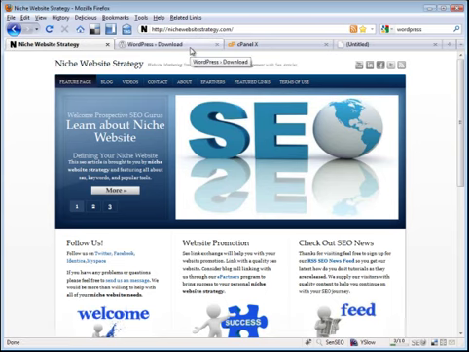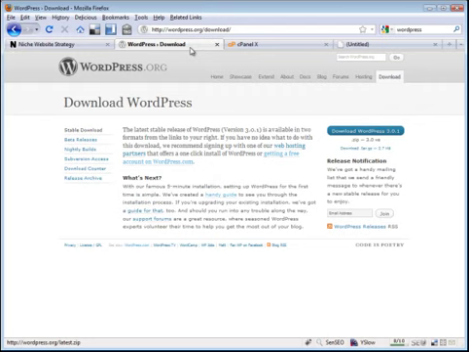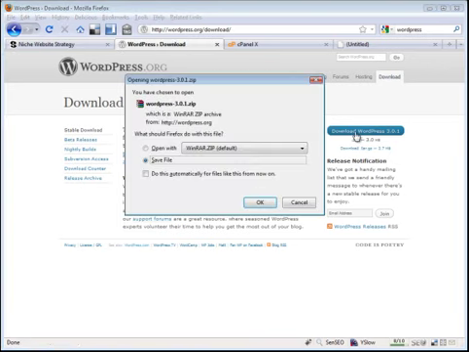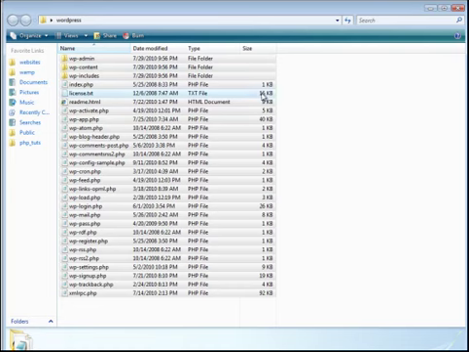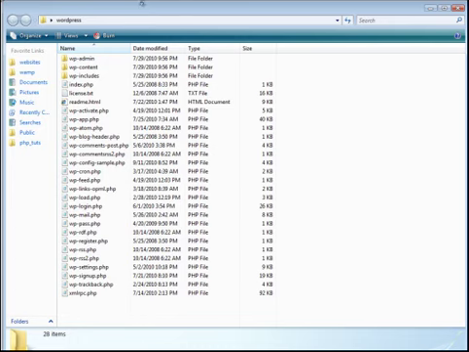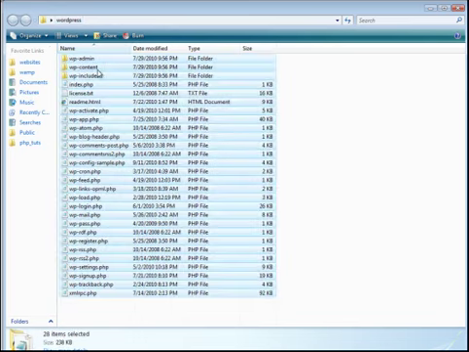before you install WordPress. So head over to wordpress.org/download and download the latest WordPress version found here. Seeing as how we already downloaded it to our desktop, we'll just browse to the WordPress files. What we want to do is we do not want to upload the whole WordPress file. I want you to open up the WordPress file after you extract it, highlight all these files, and click copy,